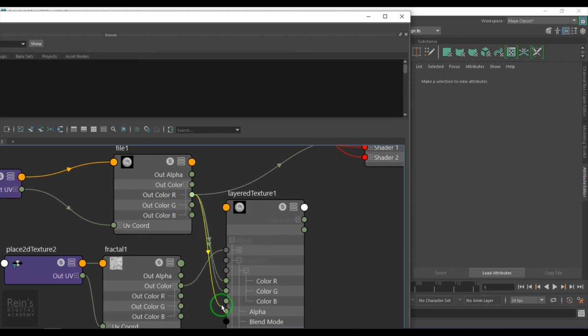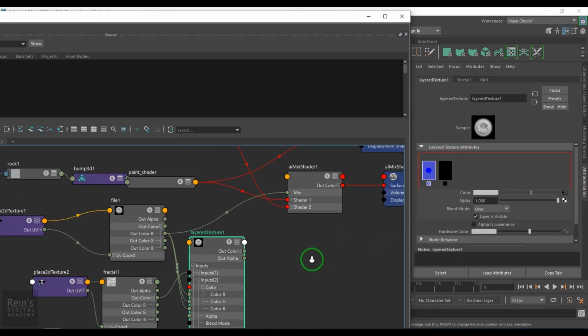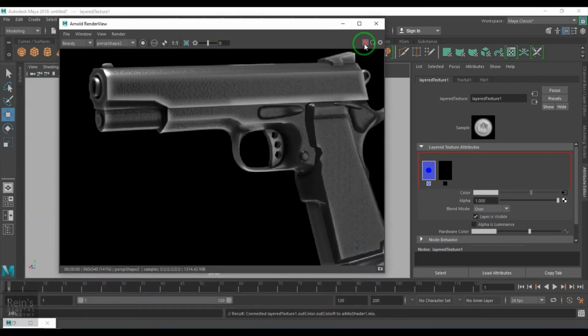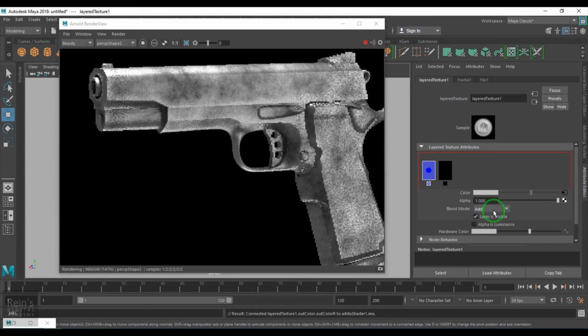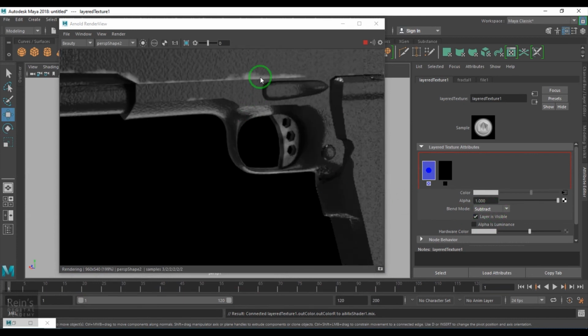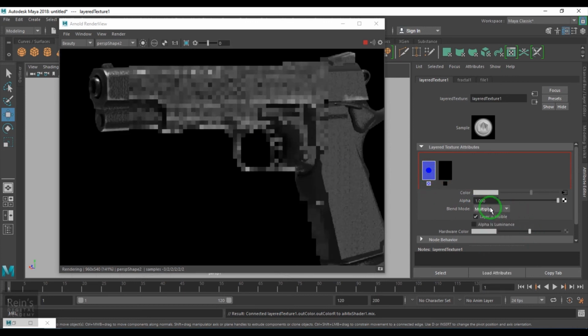So wherever this color is going, I'll connect the red to the green to the blue.